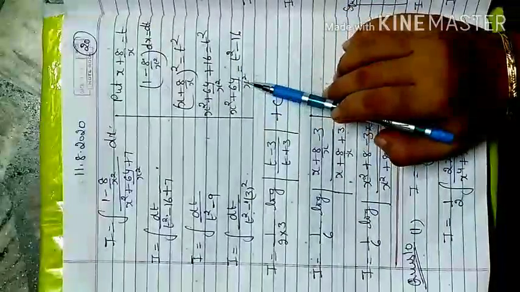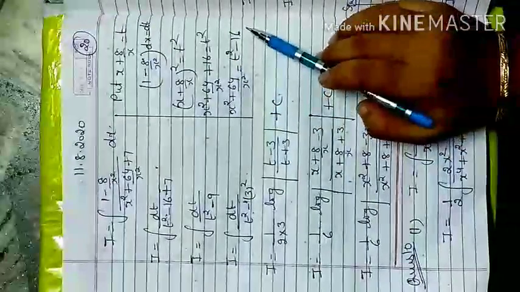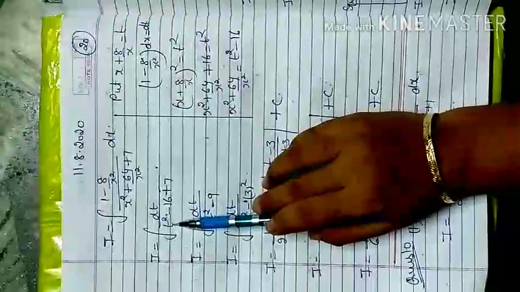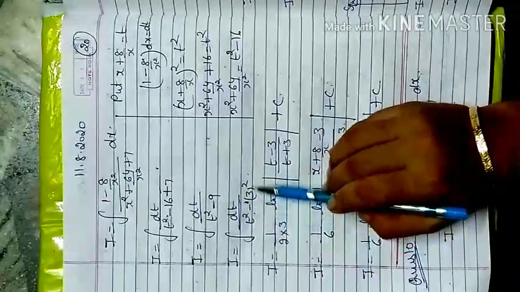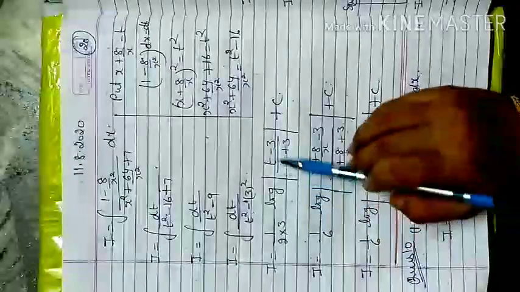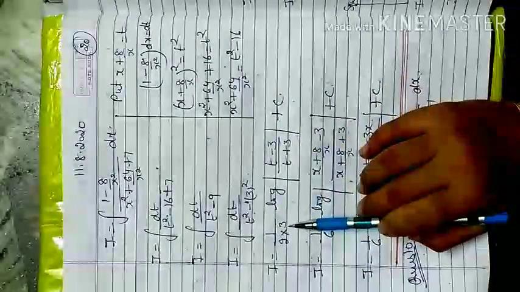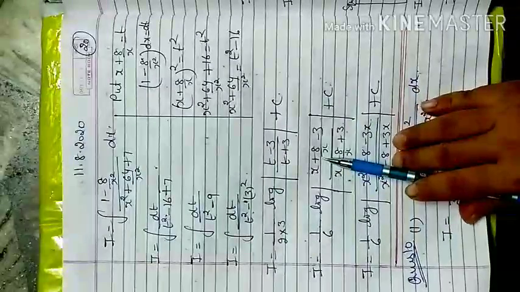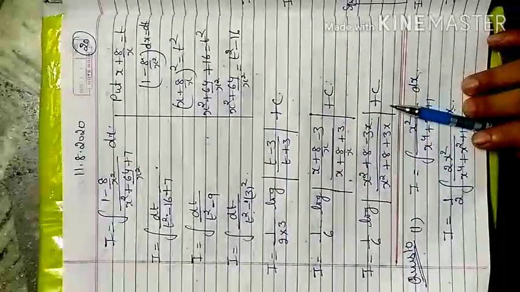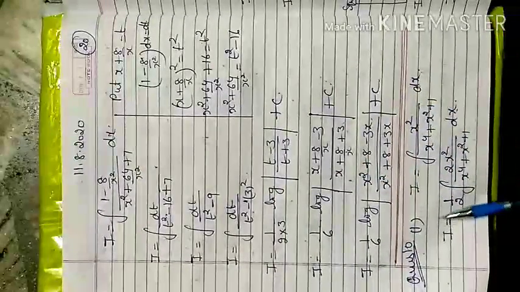Then x square plus 64 by x square is equal to t square minus 16. Then I replace here t square minus 16 plus 7, t square minus 9. Here now the x square minus a square formula, 1 by 2a log (x minus a) by (x plus a). In place of a there is 3, in place of x there is t. Now t is replaced back to x after the LCM. That is your required answer. Now 10th question, first part.